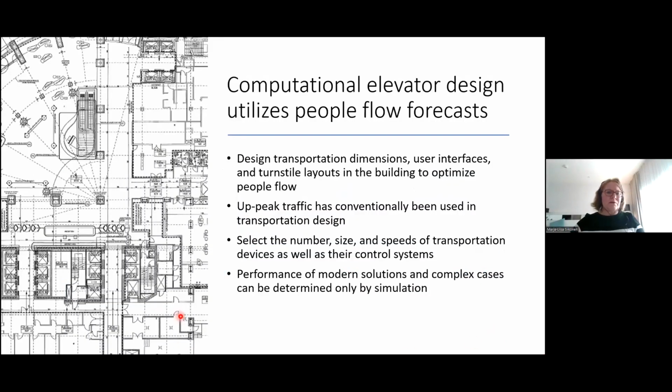Here we have a layout drawing of a building, architect drawing. You can see there in the layout drawing, here we have escalators, here we have turnstiles, here is one elevator group, 6-car group, here is a 5-car group. So this kind of layouts we are planning when we plan building.